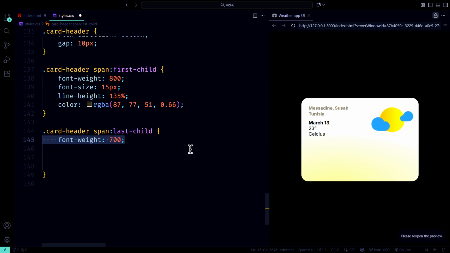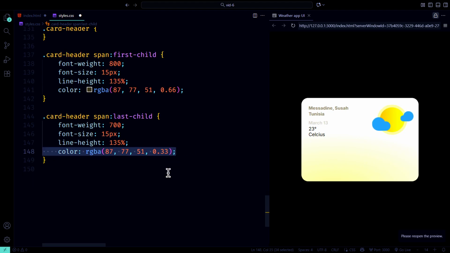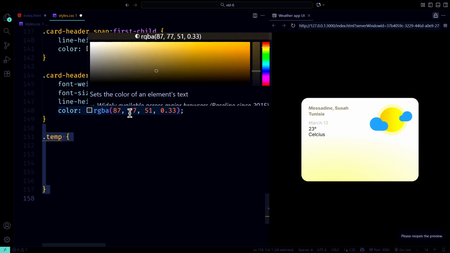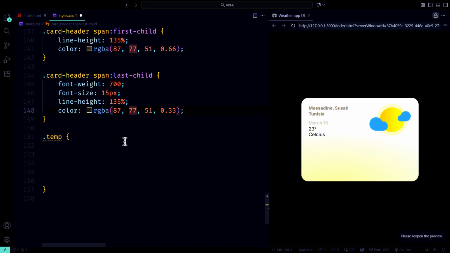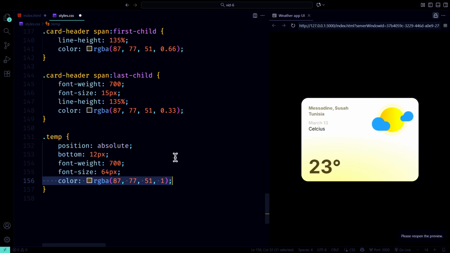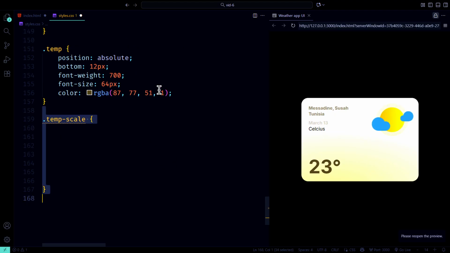The second span inside card header, which shows the date, has font weight 700, font size 15 pixels, line height 135%, and color RGBA 877751 0.33. The temp span, which displays the temperature, is positioned absolute at the bottom 12 pixels. It has font weight 700, font size 64 pixels, and color RGBA